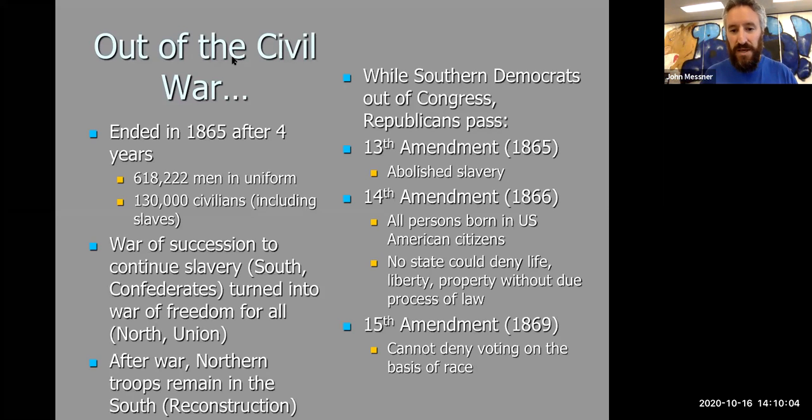But the 14th Amendment gets passed in 1866, and it says that all persons born in the United States become American citizens. So maybe you enjoy that benefit. I do. I was born here in America, so that automatically makes me an American citizen. And it also says that no state can deny people here in America of life, liberty, or property without due process of law, meaning you have to be charged with a crime, tried, and found guilty of a crime before they can take your life, liberty, or property from you, which we find is not protected pretty shortly